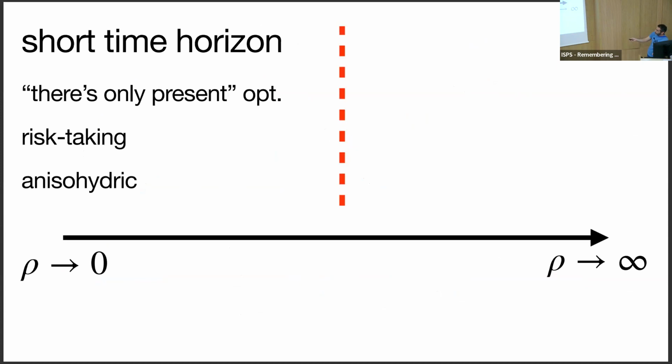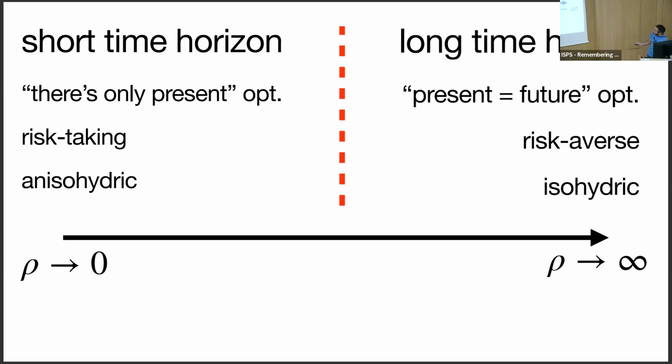So we are using this approach. When we have a short time horizon, we are talking about plants that take a lot of risks, and I associate that with anisohydric behavior. Anisohydric is when leaves don't close their stomata readily, and so the water potential inside the leaves can fluctuate a lot. When we have a long time horizon, the future is as important as the present. So this is the plant being more risk averse, and that's associated with isohydric behavior. And that's not a binary choice. It's a spectrum. Usually in my manual, if I want to model plants in this framework, I have to choose either that or the other. I'm putting everyone in the same spectrum with this discount rate, and using the same thinking of machine learning, I can. There are other